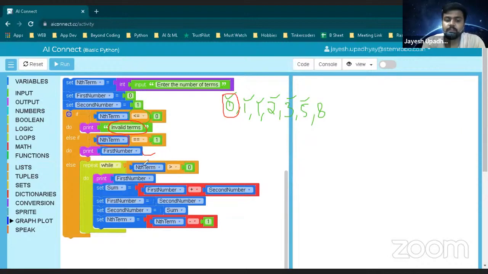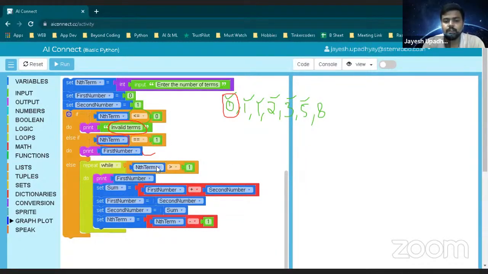Then what I have done is, if the n term is greater than 0, so what I'm doing is repeat while I have written. Okay, so after all these conditions, we will go to the next one. So if the print first number, whatever number the user gives, just say the user gives me 5, right? So 5 is greater than 0, correct? And wait a minute, it should be 1. Okay, it should be 1. Making sense, right? Because we already checked with the 1.